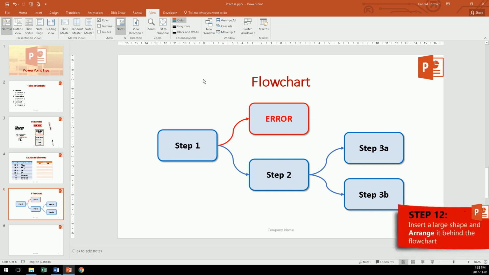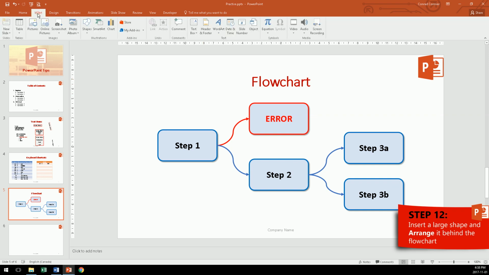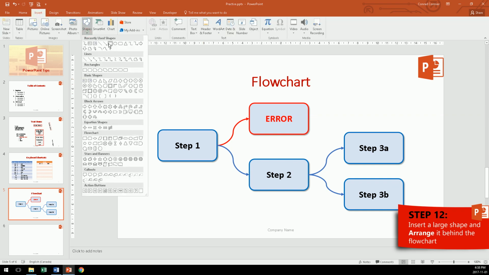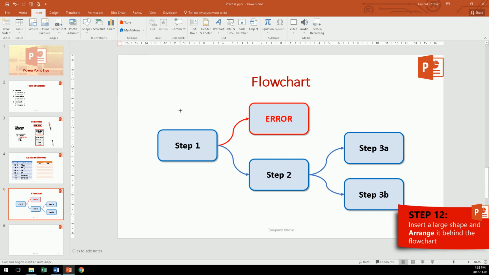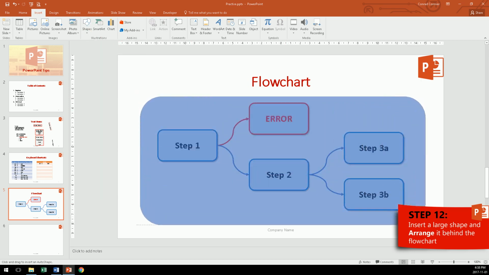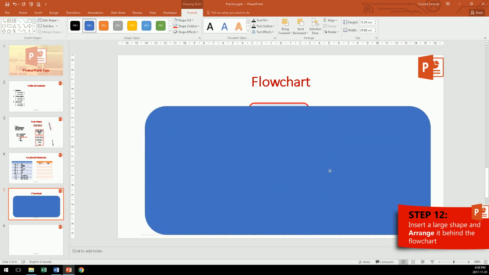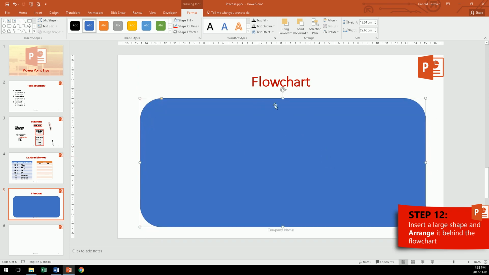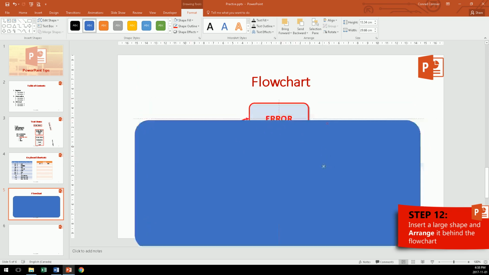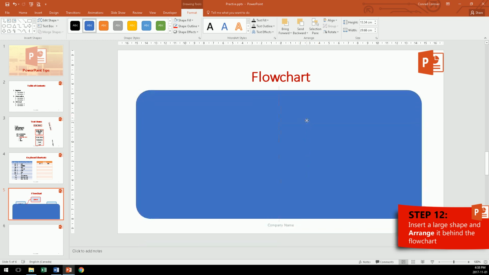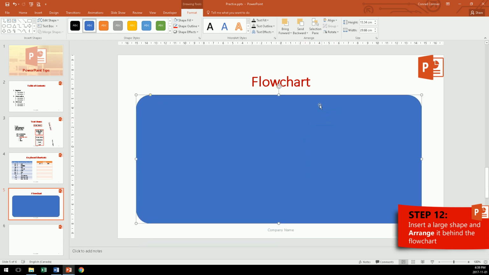Step 12. Insert a large shape and arrange it behind the flowchart. Insert, shape. Let's just put a rounded box here. And let's make it very large. Whoops. Okay, what happened? Keep in mind that as you place objects on a slide, there are layers. So obviously this one is on the front layer. To place it back,